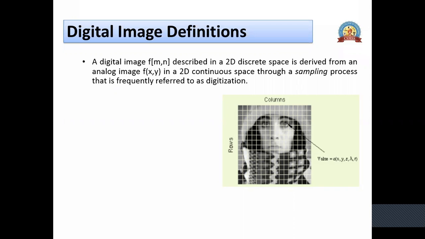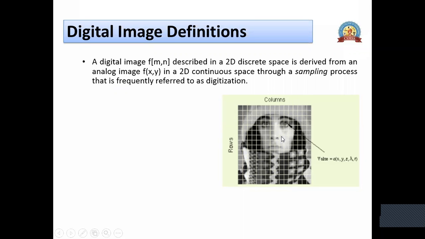Another difference is that in images, we are not talking about time. We are talking about space. So images are also called spatial signals. Okay, so images are nothing but spatial signals, not time domain signals, but spatial signals. So here you can see this complete space. Space means an area. So this area is divided into a number of rows and a number of columns. So this is what sampling in the spatial domain means, that is, in the 2D spatial domain. Okay, so first we are performing sampling.